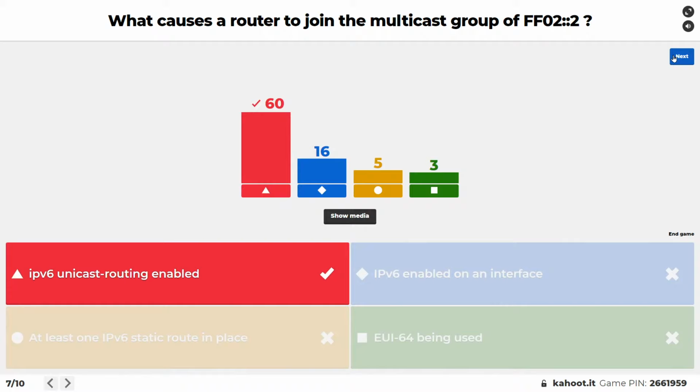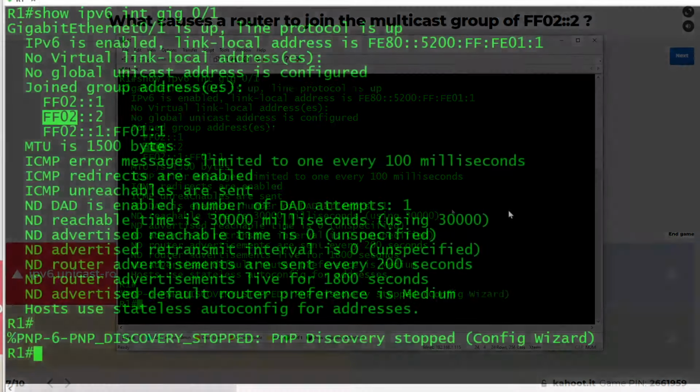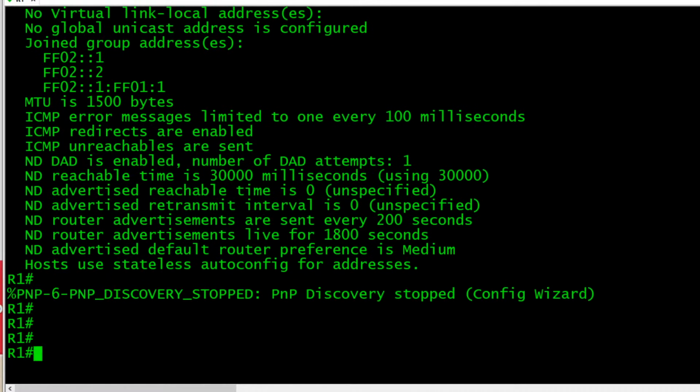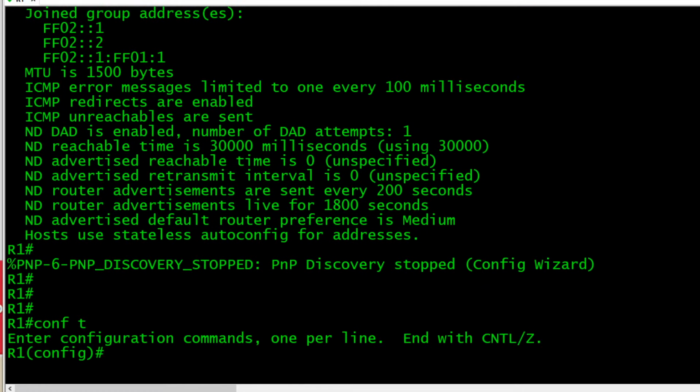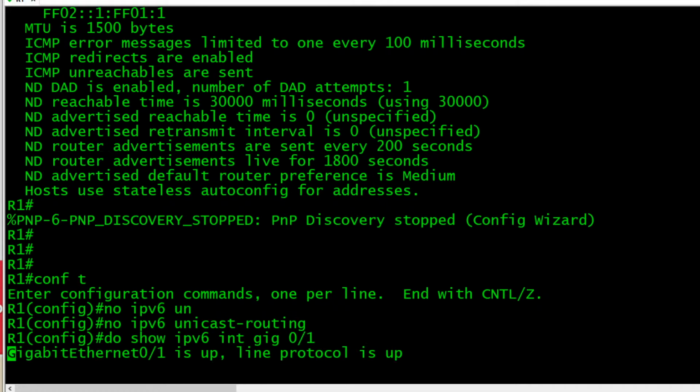All right, IPv6 unicast routing enabled is what causes a device to join FF02::2. And one of the tricks that I often use as a CCIE is I like to verify stuff. So if I hear something or read something, or if I'm labbing something up, I might lab it up just to verify. So if we did this and went into configuration mode and went into no IPv6 unicast routing and do show IPv6 interface for gig 0/1,